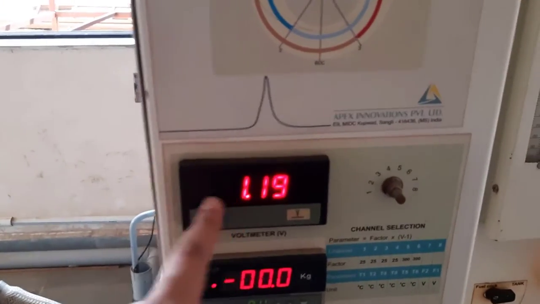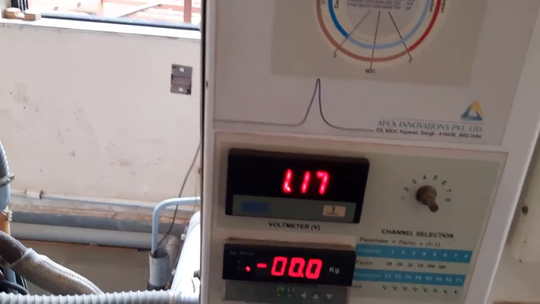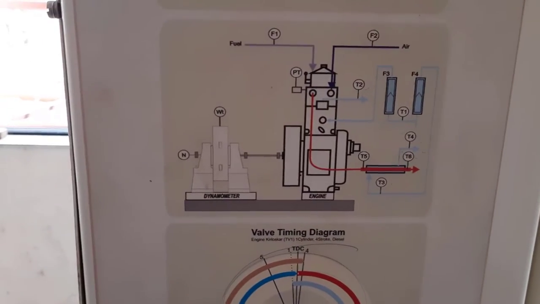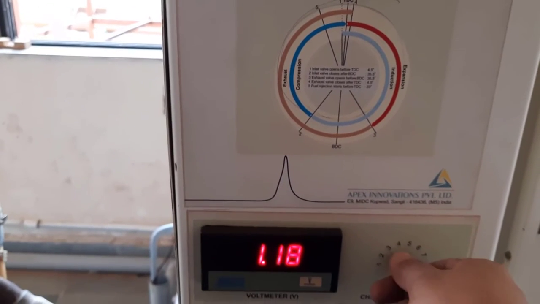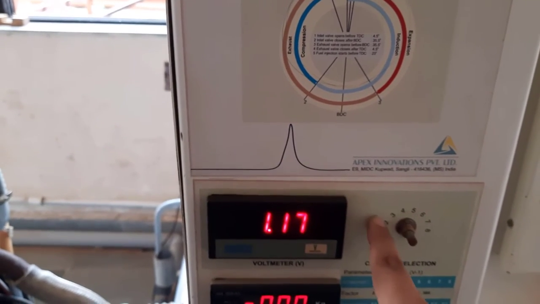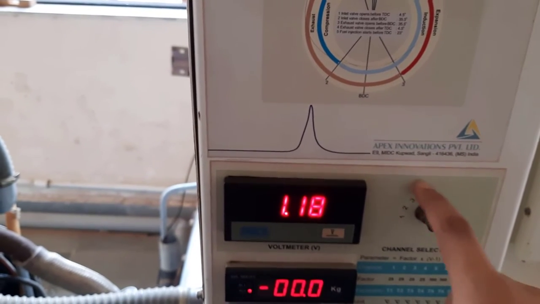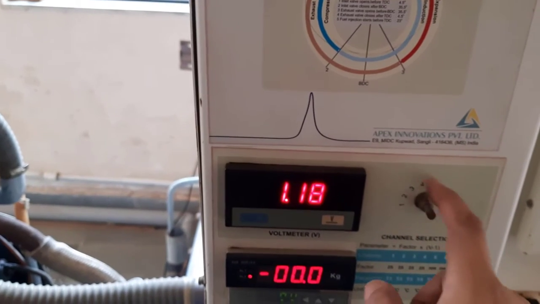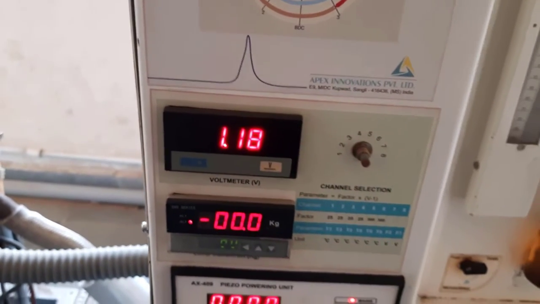And what is this? This is used to measure all the temperatures. We have 6 different temperatures, T1 to T6, right? You can see over here the different temperatures that we have to measure. By turning this knob, we can measure temperature from T1, T2, T3, T4, T5, T6. It is an 8 channel switch, but we have only 6 channels. We are using this to measure the temperature.